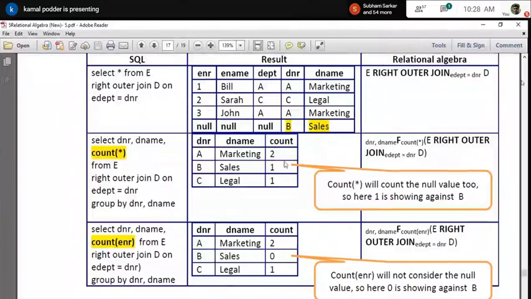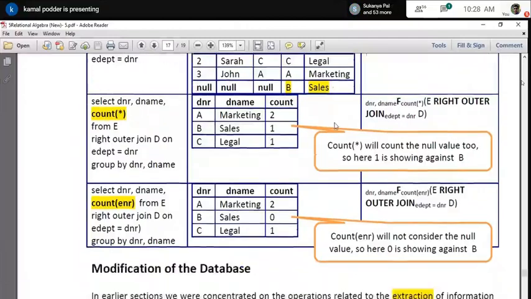Now you just see that I got the full actual result set where all the departments are coming, as well as their employees if there are any, otherwise null. If I apply the count clause now, then I will get a result which might be close to my real result. Here, if I write the same thing, a select clause using the right outer join, not the inner join, and count star, and in relational algebra I create the right outer join and then count and group.